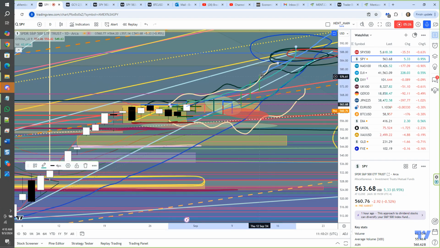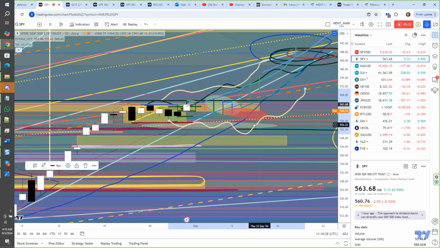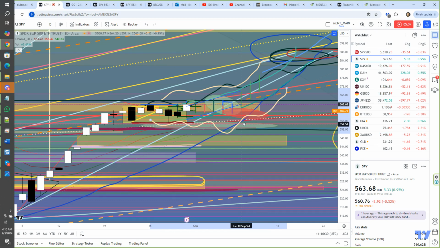I'm going to roll this up a little higher and roll this back a little bit. It's going to be a pretty solid move, in my opinion. I think we're just waiting right now for the markets to complete this consolidation, and then we will go from there. So let's take a look over at gold.